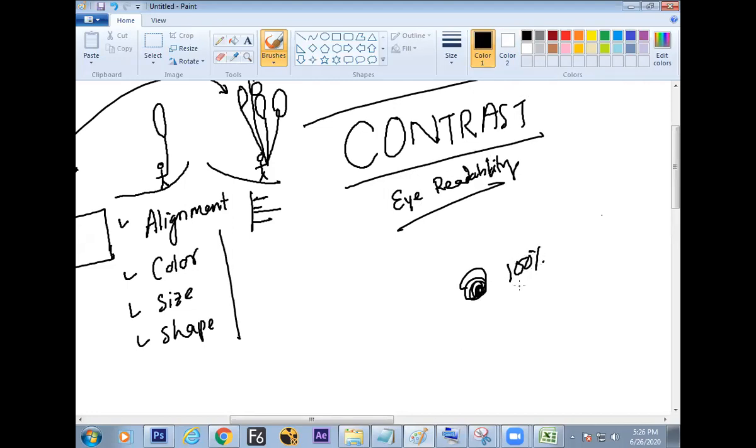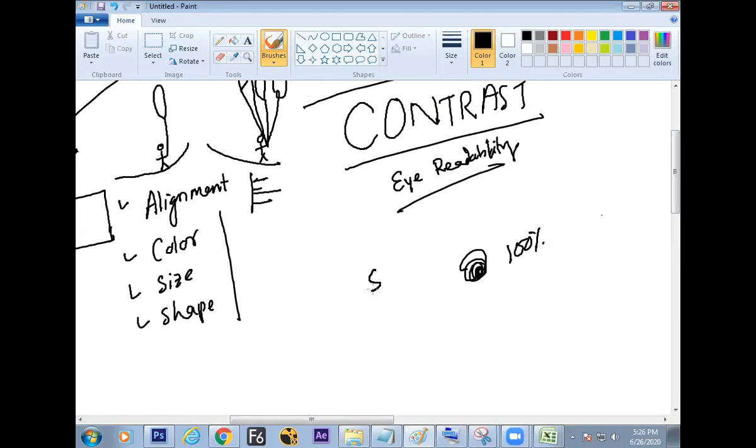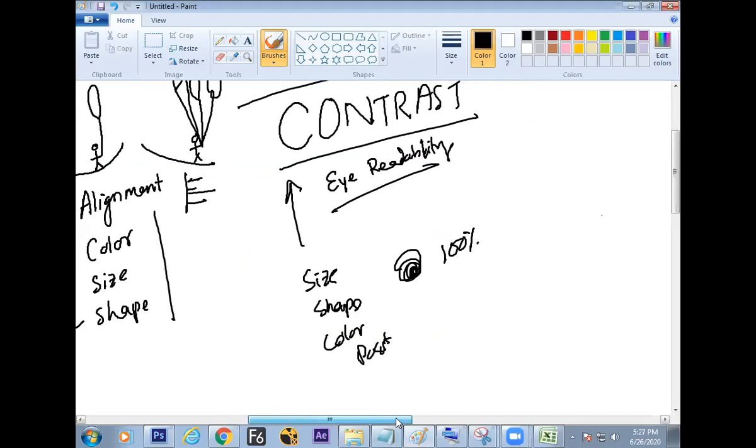This contrast is a game to be played by the artist. Contrast can be created by size, by shape, by color, by any format, by position. But ultimately, we need to create a contrast. If we have mastered these things, then no software is required. Anything you can make into a design. If you master creating contrast, it catches the eye and passes the message.